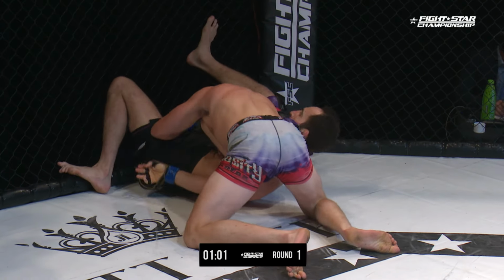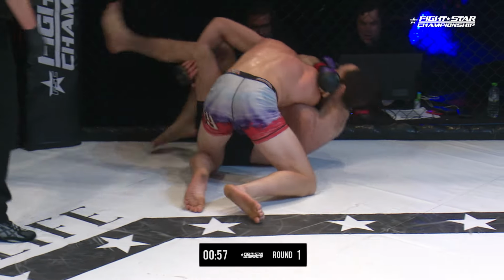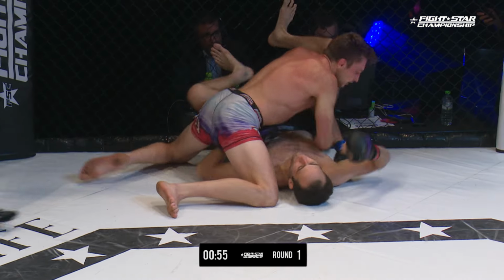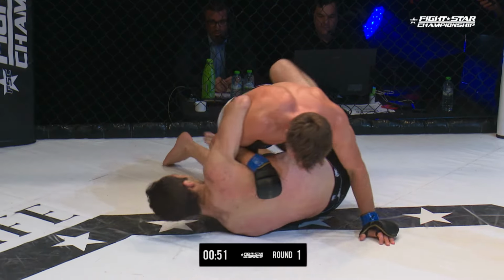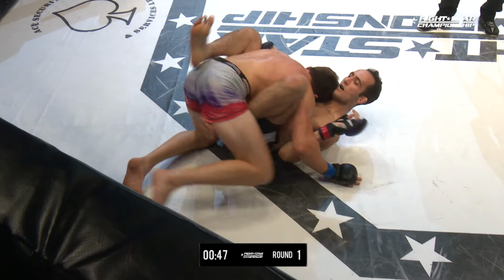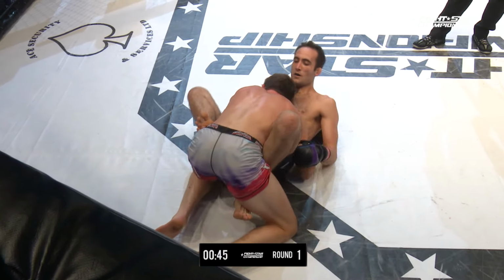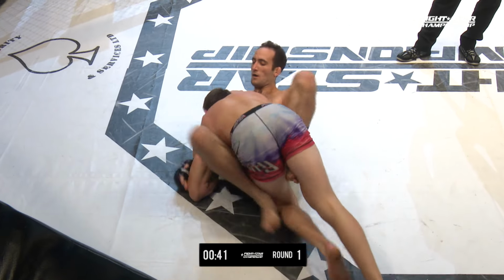Grace trying to maneuver though, trying to get it on the chest. Now he's got the arm in a better position for the squeeze. Conor able to continue to circle, pop his head out. Now Grace looking to get back to guard. Conor doing a good job though of turning him away from the cage now and forcing Grace to